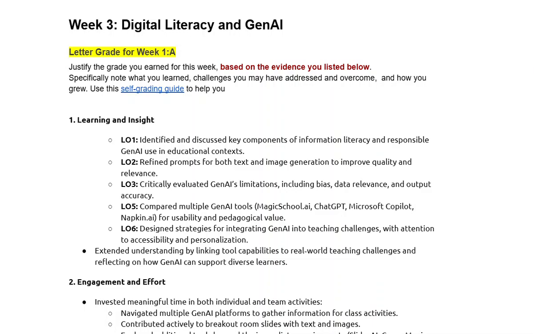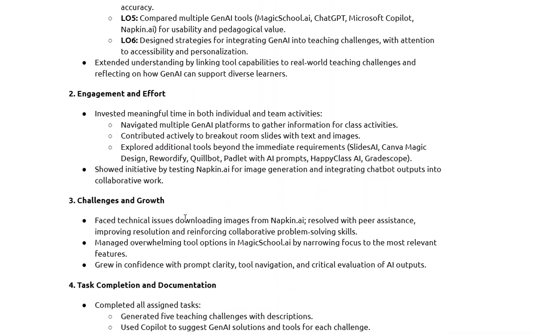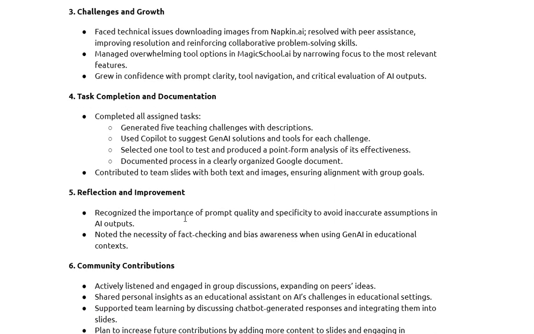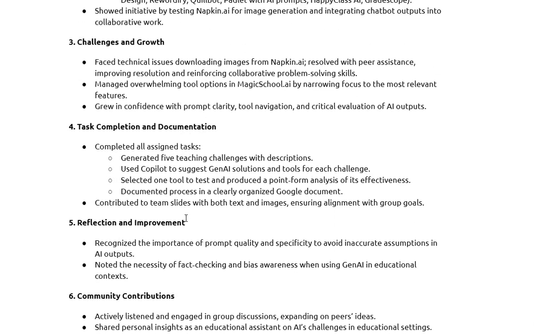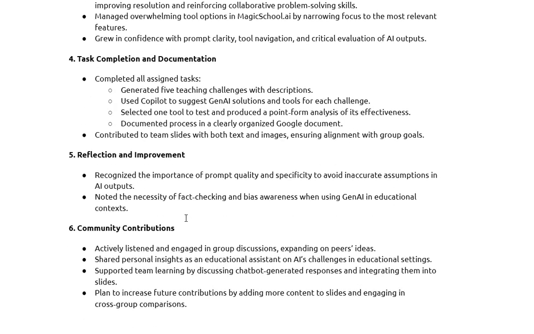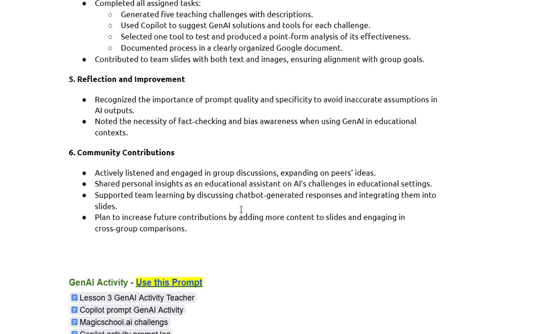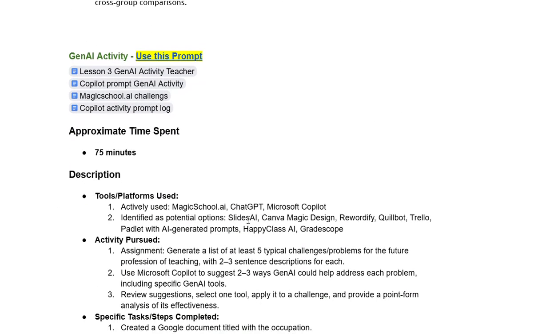Okay, Ronaldo, I'm going to give you some feedback on week 3 and week 4. So you've given yourself an A, and you provide a very detailed explanation, and so I really appreciate that. That's an A plus explanation. And let's see how things are going on here.